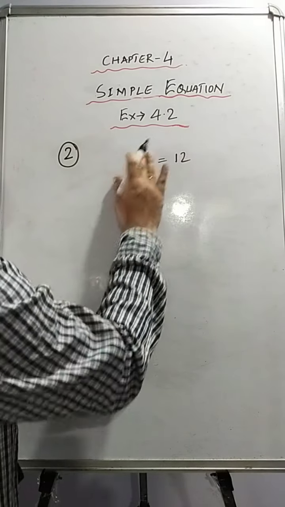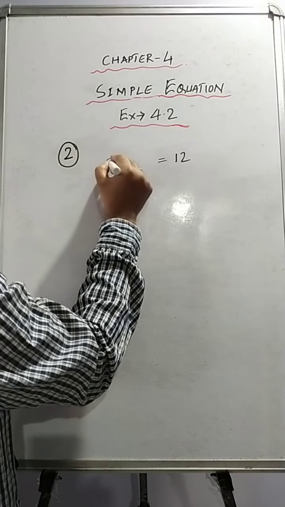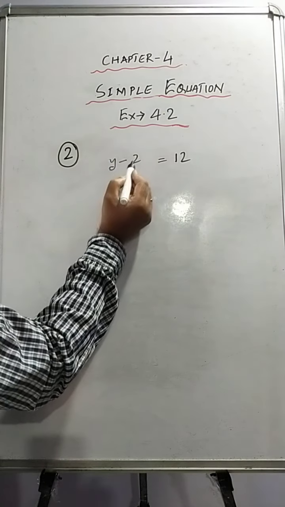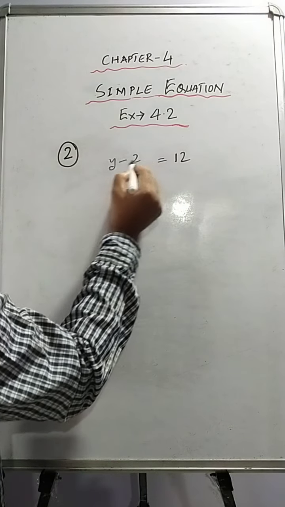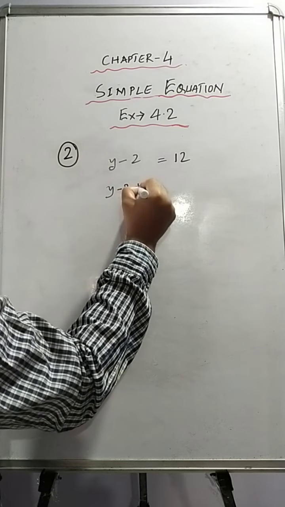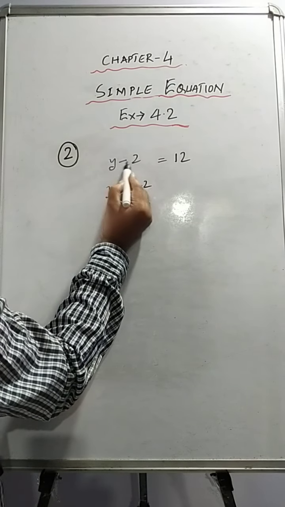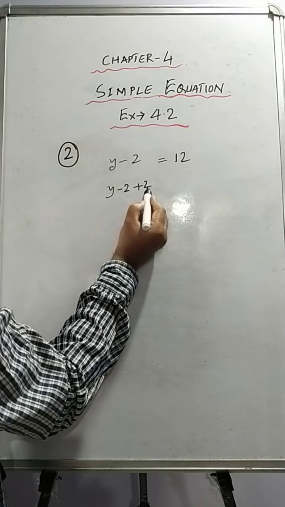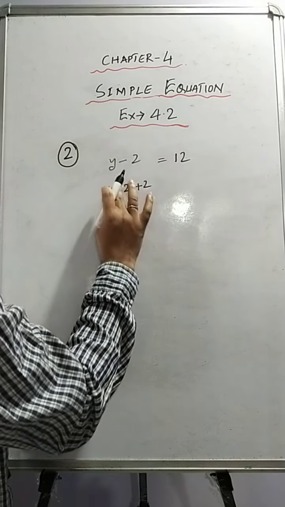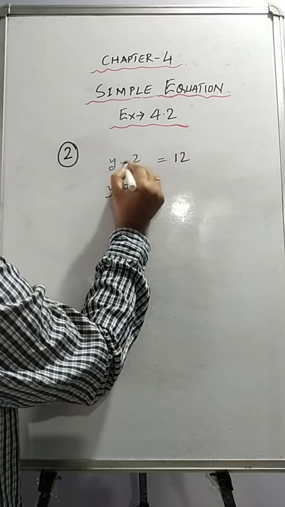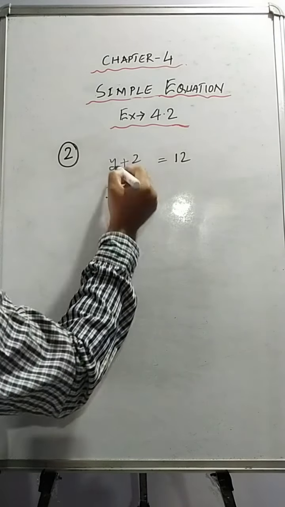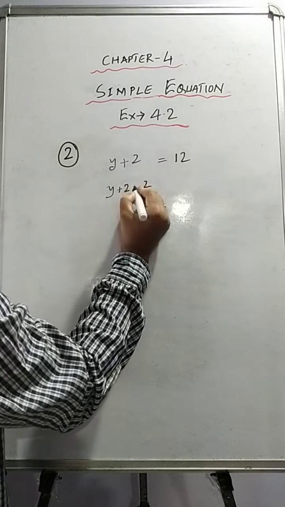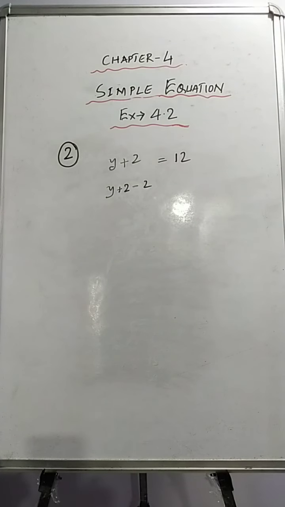Now suppose a number is in the subtraction form, like y minus 2. Now your main objective is to remove this minus 2. So how to do that? You have to add the same number, that is minus 2 plus 2. So when any number is in minus form and you are supposed to remove it, you will add the same number to it, just the opposite. Suppose a number is carrying a plus sign, that is y plus 2, and you have to remove this plus 2 from the left hand side, then what you have to do? You have to subtract the same number from it. So these are some of the logics that we have to keep inside our head.